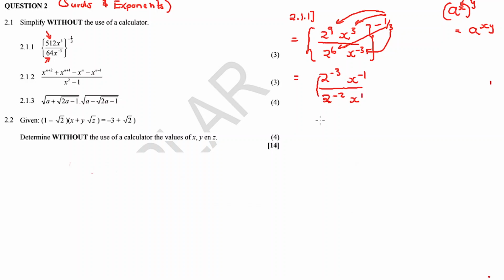Okay, then another law of exponents: powers of the same base, when divided, you just subtract the exponents. So 2 exponent -3 minus -2, x exponent -1 minus 1. So this exponent is subtracted from that exponent, because the bases are the same. So here we get 2 exponent -3 plus 2, and x exponent -2. Then we get 2 exponent -1, x exponent -2, equal to